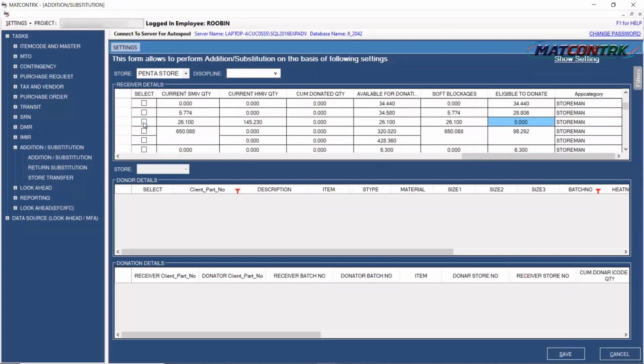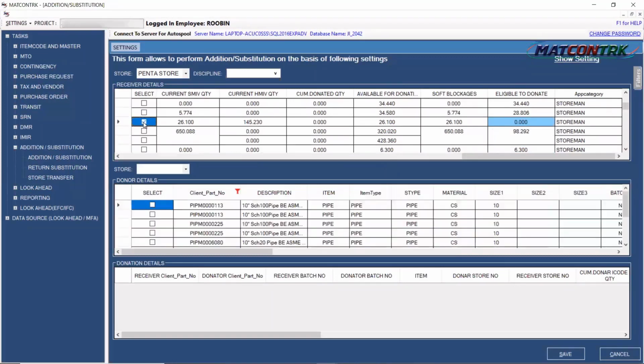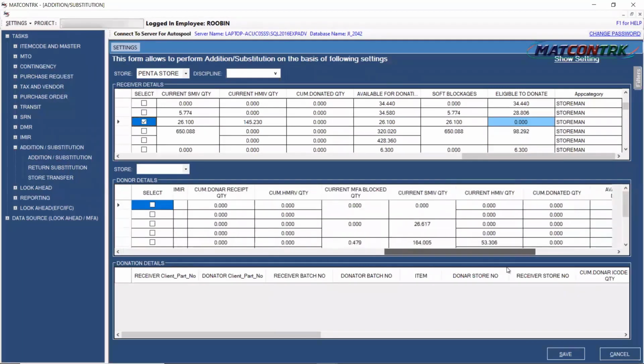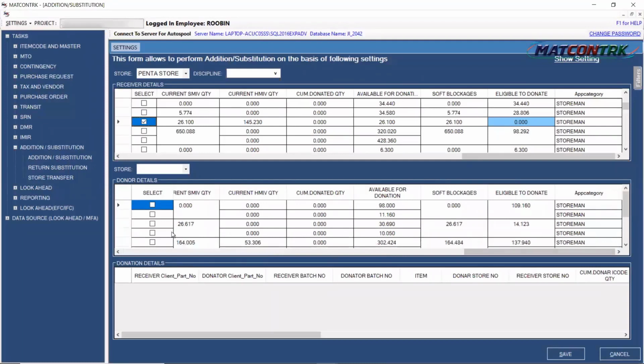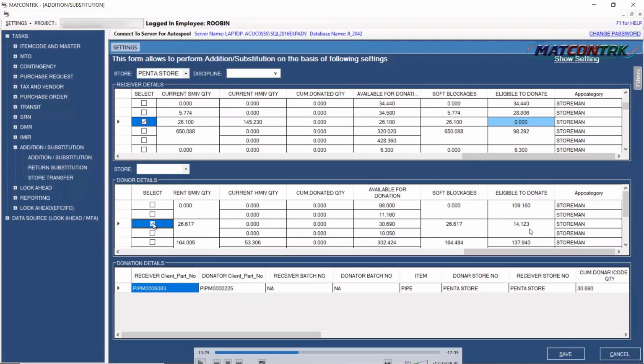So for example, I have considered this particular item. Now, upon the selection, the donor screen got loaded. With respect to the criteria, the items are loaded. And right now, for example, I'm selecting this particular item with the eligible quantity to donate 14.123, in the second last column.